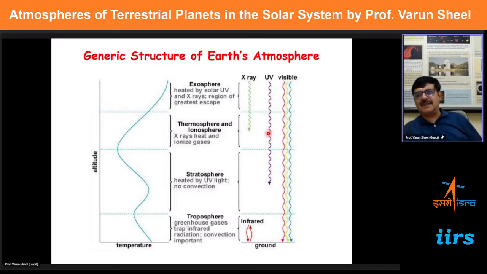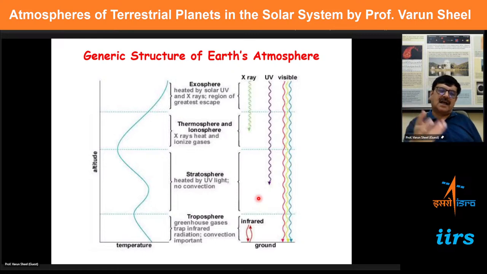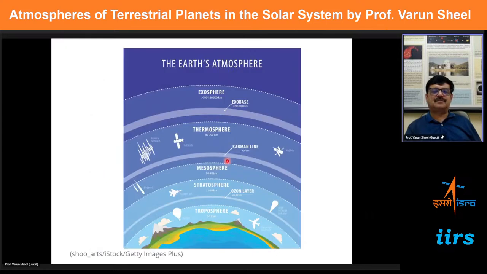But what will happen in the other two atmospheres? In the case of Mars, the atmosphere is very thin, so most of the UV and visible light can come even up to the surface. This is the difference, and it tells you the kind of processes which we deal with. Then we would like to apply the corresponding physical theories, or the physics, and study various regions of this atmosphere, which have different physical properties due to the interaction of these various wavelengths.